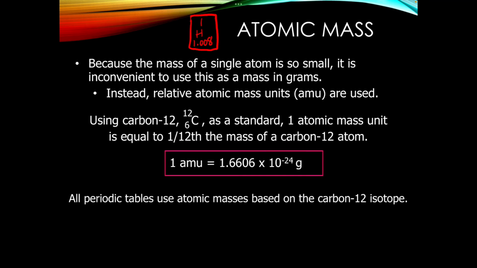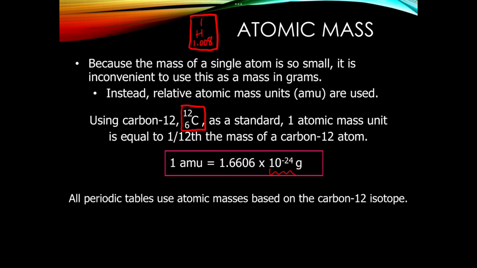Most of everything we study in chemistry is based on the carbon atom. So here is the carbon atom we will base everything on. Carbon-12 is the most common isotope of carbon. So carbon has an atomic number of 6 and a mass number of 12. And so they said one atomic mass unit is equal to 1/12 the mass of carbon-12. So that's the definition of an AMU. And if we were to convert between AMUs and grams, you would see it's 1.6606 times 10 to the minus 24th grams. That's really small, right?